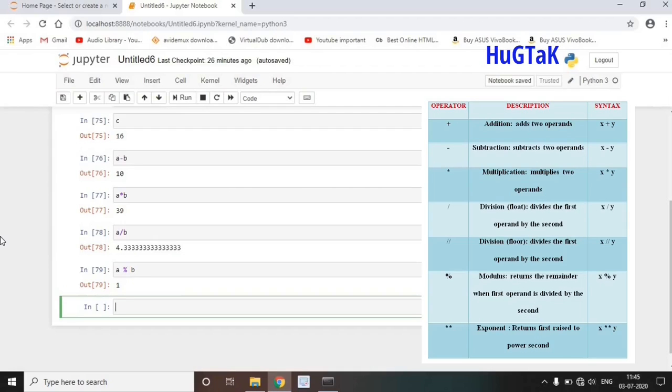And if I want to see only the quotient part and discard the remainder part, I can use slash twice, or double slash. A double slash B would give you the result as 4. And if I want to see the result of A raised to B, I can use star twice. A double star B would give you the result as 2197.